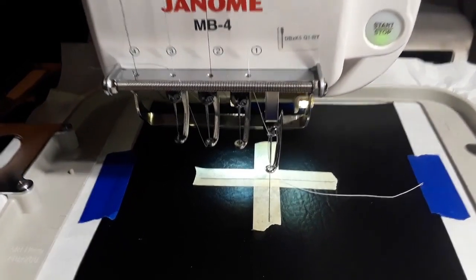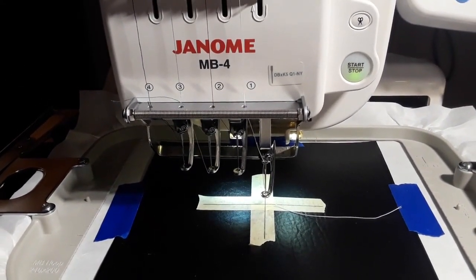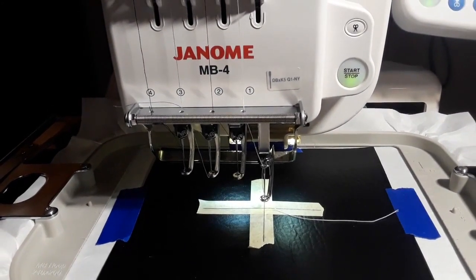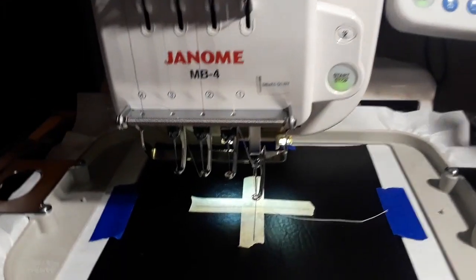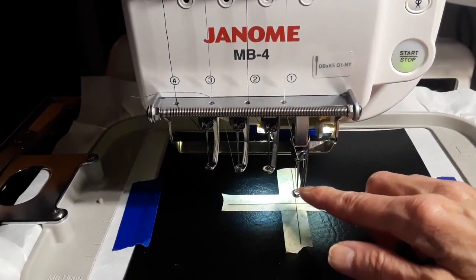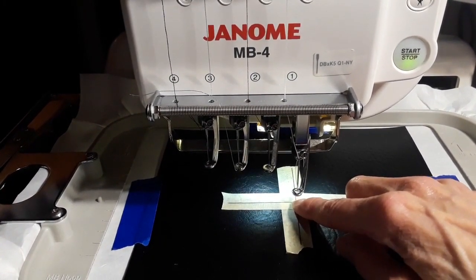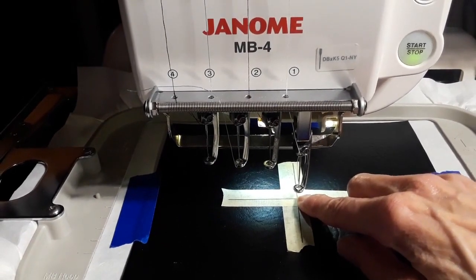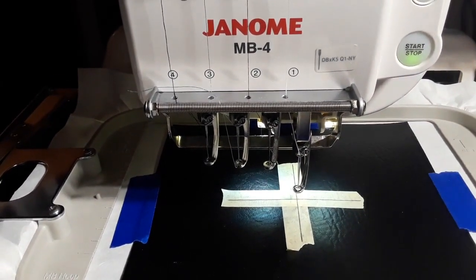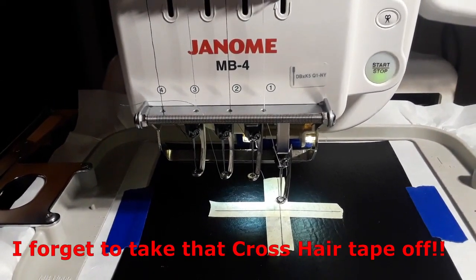Anybody who owns a Genome, the reason I know this is because if I press the fast forward button to follow the crosshair, the first thing I see is this needle go to the center that I had set it at. I'll see it jog to the center and then follow the crosshair. So it is saved. So anyways,